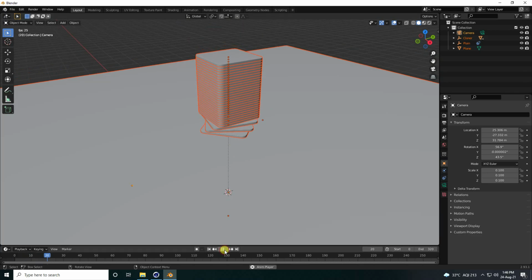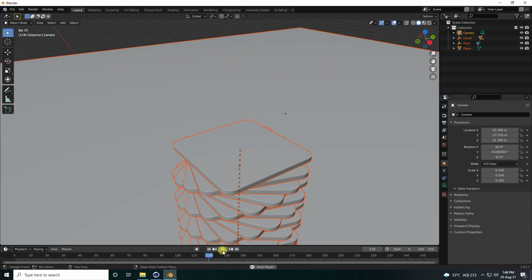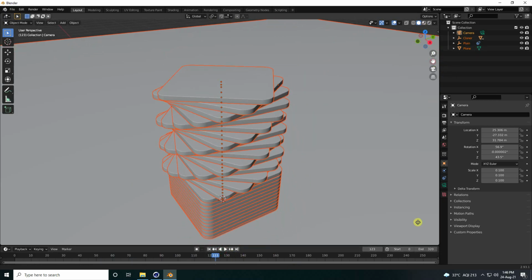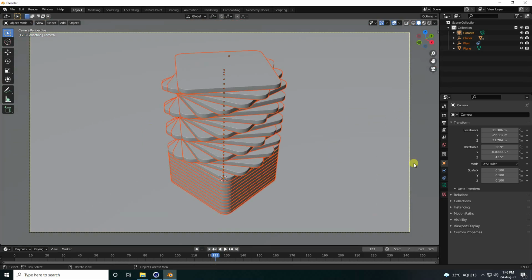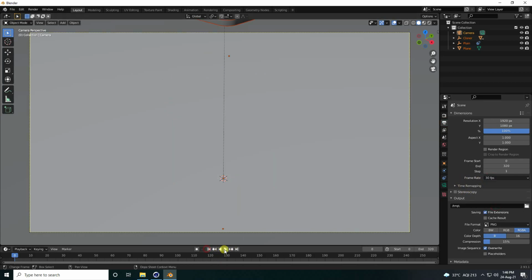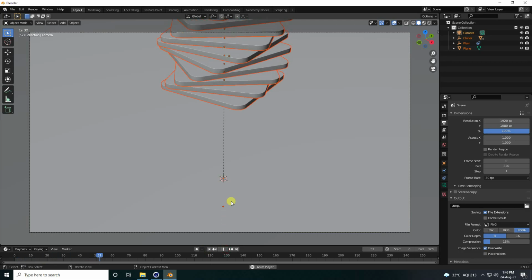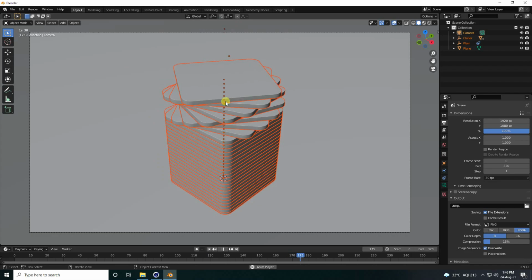So play. Yeah, beautiful guys, that's really good. And guys, go to camera, and that's my camera angle, and I change the FPS frame, I like 30, that's my 30 FPS frame, and play. Yeah, right, see guys, that's my Cinema 4D animation in Blender,